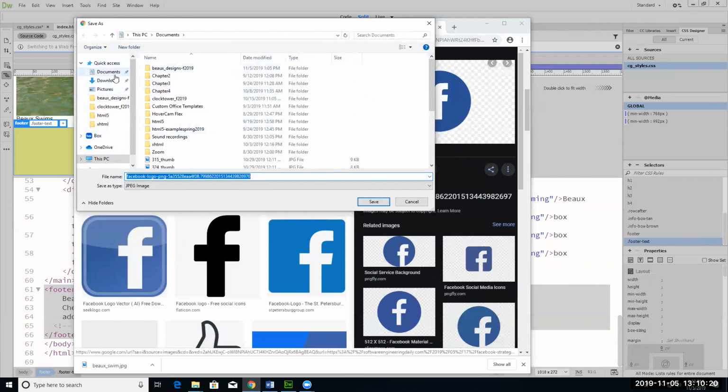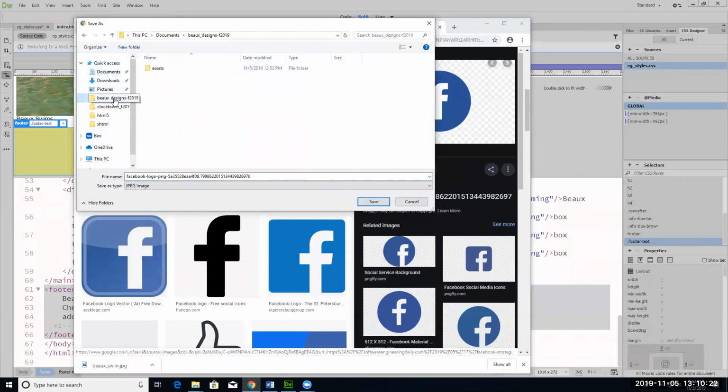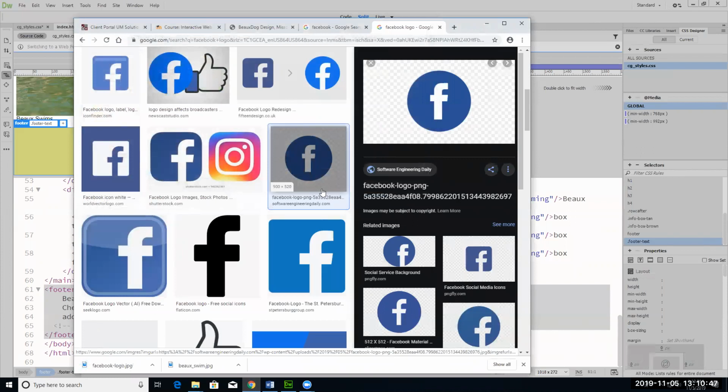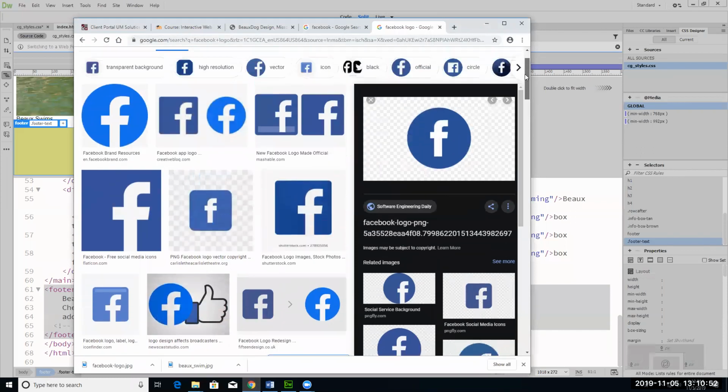Looks like it's stored as a PNG, so I'm going to go to my Bodog Designs into assets, and I think you can probably just call it Facebook logo. We can name it ourselves. Now it's telling me JPEG image, so it's wanting to automatically add a white background with it. So if you're okay with that,